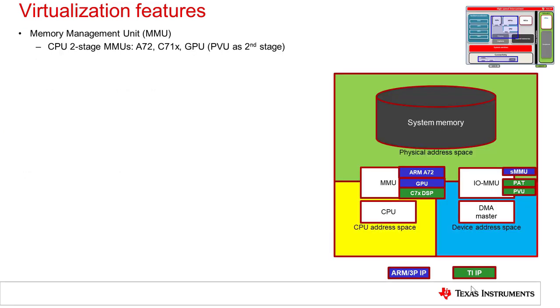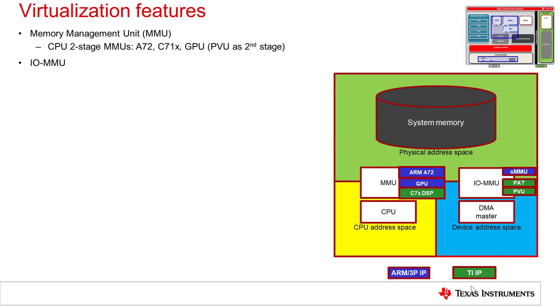The primary cores on the SoC implement memory management units, which are the traditional method for mapping physical to virtual memory space for security and address containment between tasks. Jacinto 7 cores implement a two-stage MMU to facilitate multiple virtualized OS instances. Additionally, multi-stage I/O MMUs are provided to allow data I/O peripherals to be directly programmed to use the virtual address space. This allows for more efficient use of peripherals as the virtual machines can directly program them.